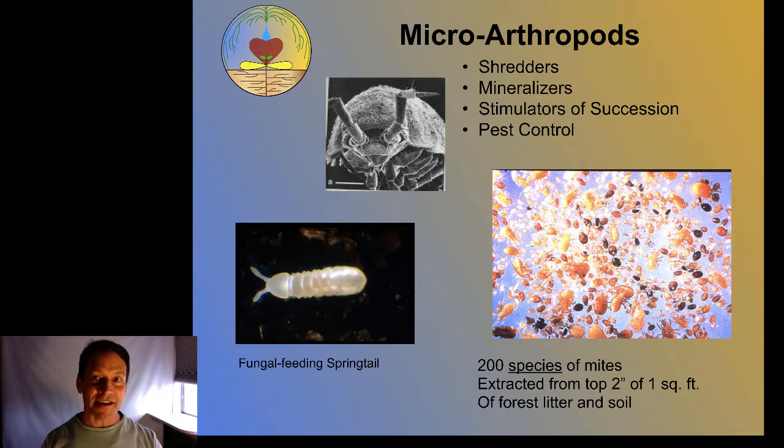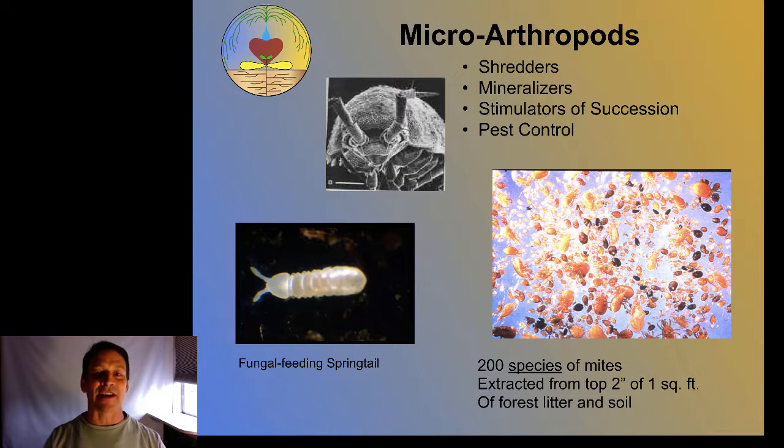So then let's think again about that O horizon, right? We've got that compost layer and then the mulch layer, right? That upper layer. So the way that the mulch turns into compost is with these guys, these microarthropods. These are the shredders and chippers, the mineralizers. This picture here shows all those little mites, right? So that is taken from a square foot of forest area, 2 inches deep. So note it says it's not 200 mites, it's 200 species of mites, right? So it's an innumerable amount of mites in a healthy O horizon, along with the springtails and other microarthropods that